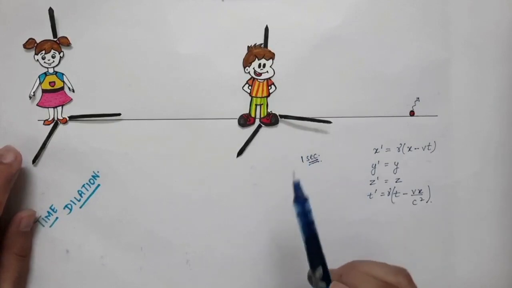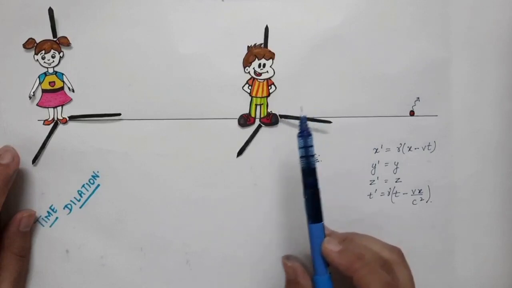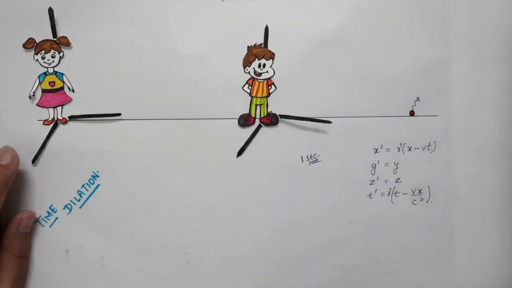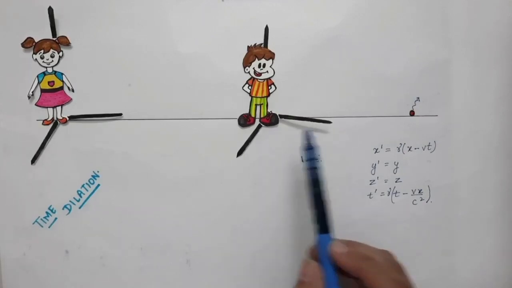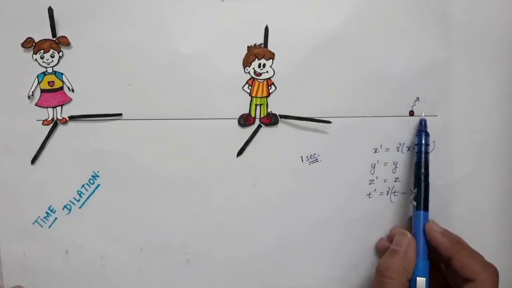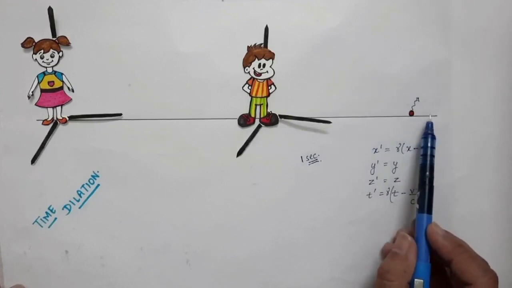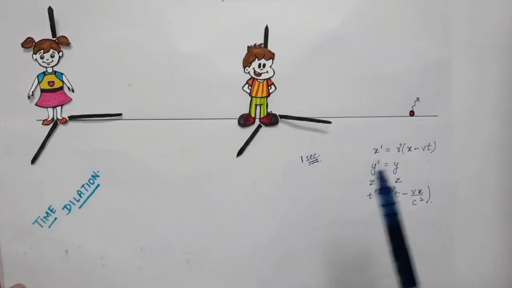So the time has dilated, means for the same two events, now the time taken is more in a moving frame. So in a moving frame, for the same two events to occur, the time that has elapsed is more. So therefore we say that time slows down in a moving frame. In a moving frame of reference, the time slows down. So according to your friend, for the same two events, the time taken will be greater than 1 second. So according to him, more time is taken between the same two events. But according to you, it will be 1 second. But according to your friend, it will be greater than 1 second.